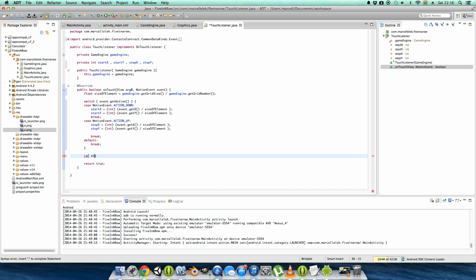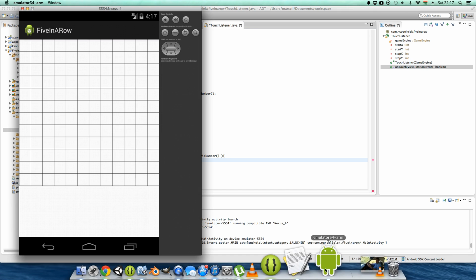So if start x is smaller than GameEngine.get grid number, and the start y is smaller than GameEngine.get grid number, and then if the start x is equals with stop x, then